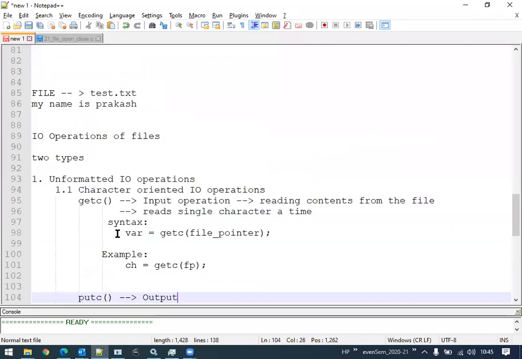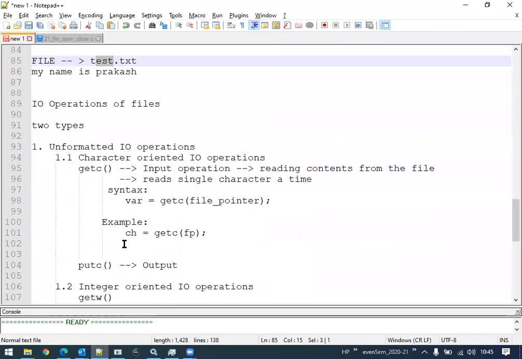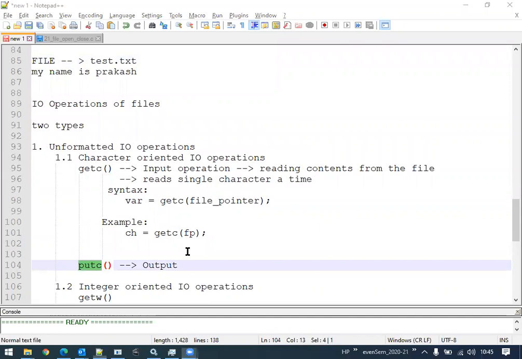Put means there is a file, and onto this file I want to write certain content. I want to put certain content. That means I have to use the putC function, right? So it is used for output operation.